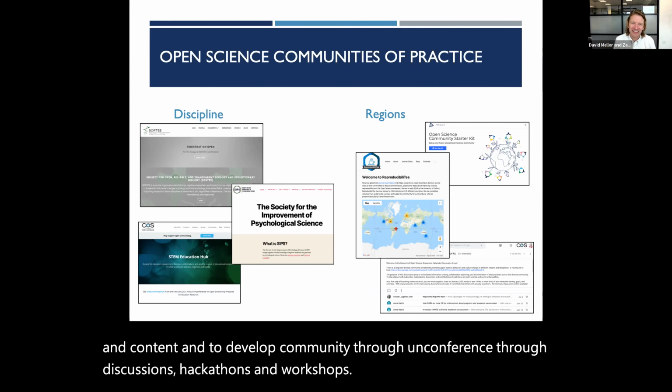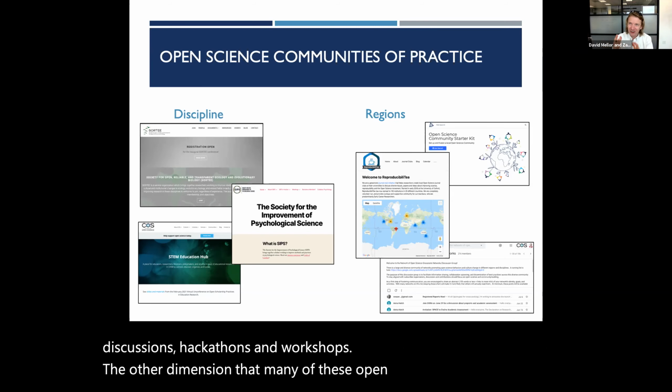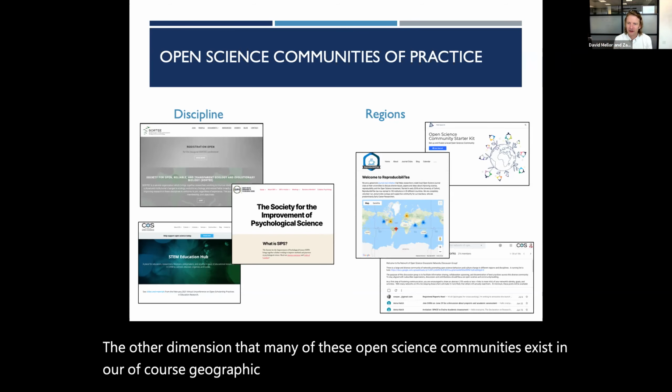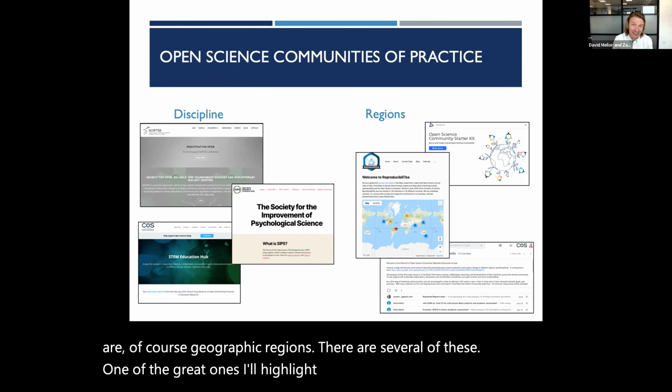The other dimension that many of these open science communities exist in are, of course, geographic regions. There are several of these. One of the great ones I'll highlight right now is the reproducibility